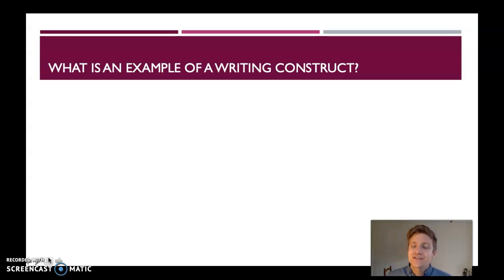Now, writing constructs aren't necessarily always myths. They're not always false, but sometimes they are. That will be our task, to do research and find out, does the research support that this writing construct is actually how writing works? Is it in line with what we know about writing? Sometimes the writing constructs we've learned have been from teachers in the past. I think probably the most familiar writing construct to all of us is this idea of the 5-paragraph essay or the 5-paragraph theme.